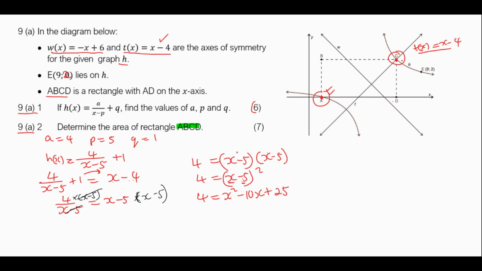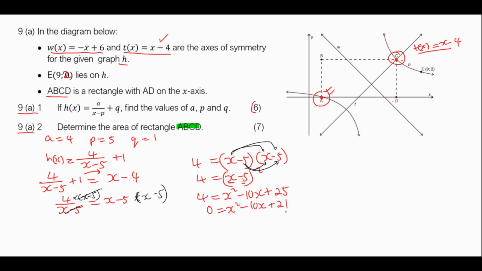Okay, we've expanded. But if you want, you can expand in the long way. You can expand like this using the FOIL method, then you'll get this. Transpose 4 to the right hand side becomes 0 is equal to x squared minus 10x, then 25 minus 4,